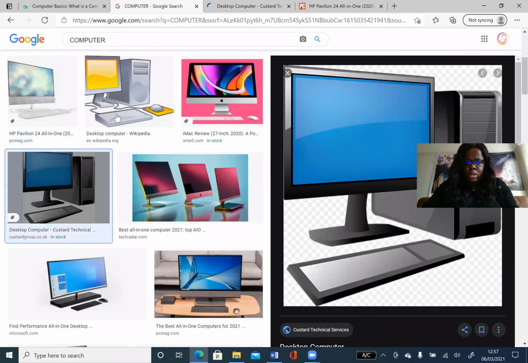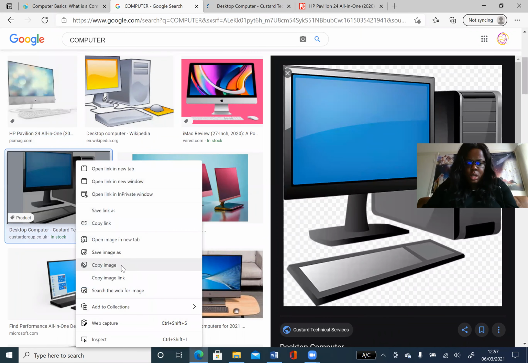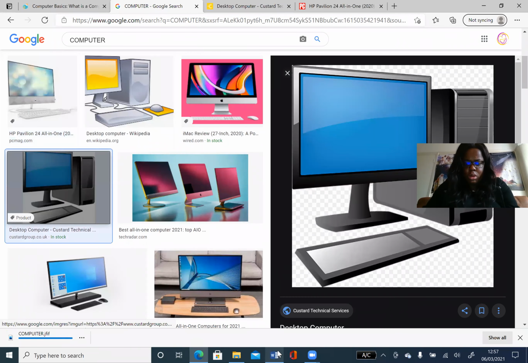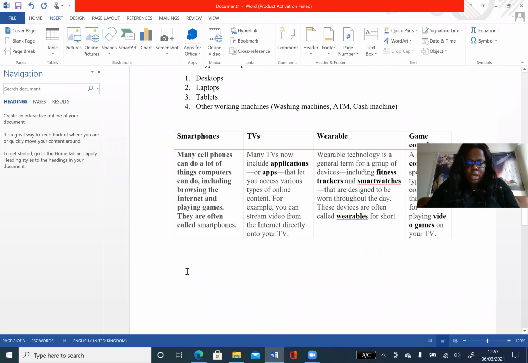I'm gonna right click on it and save image as, computer, into my pictures, and do save. Then when you go on the document on board, you place yourself where you want to save the